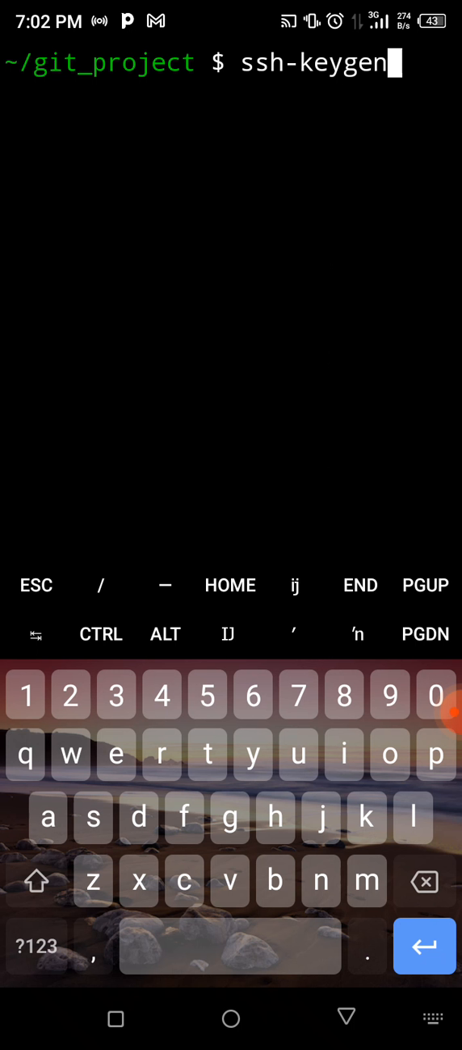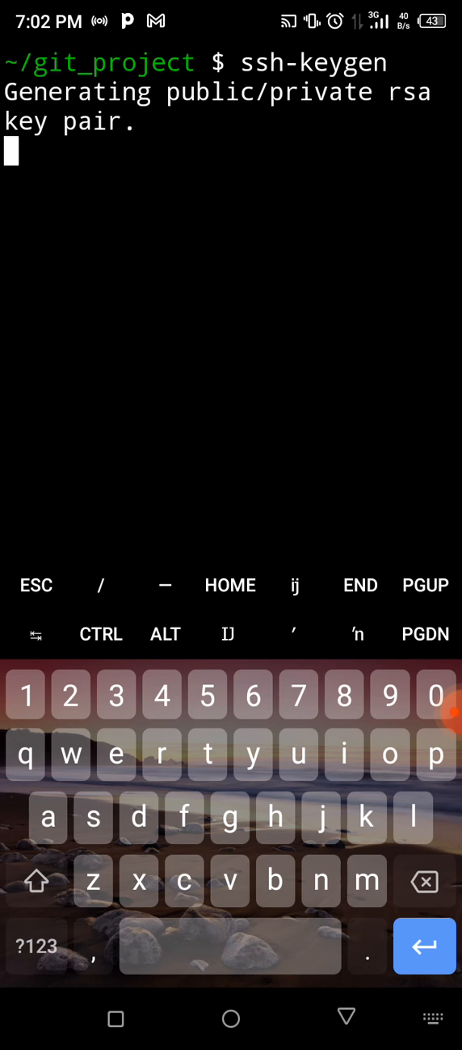So I'm just gonna hit enter. So you're just gonna wait here. I'm generating a public and a private RSA key pair. So just wait for a minute. Don't type anything, because if you type anything, it's going to redirect it, create that, and put it there. So just leave it like this. So I think network